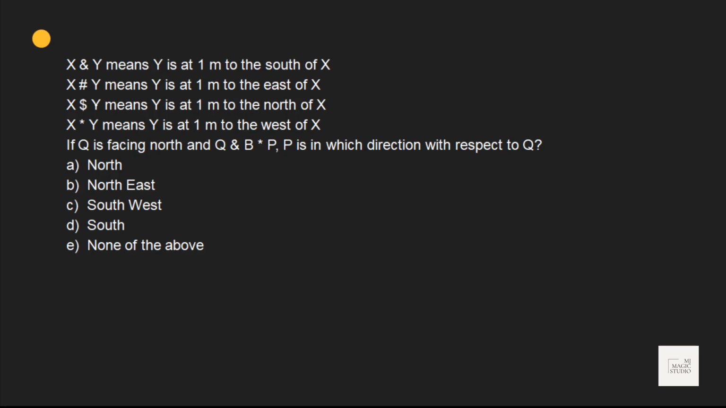Here a few symbols and their respective meanings are given. X and Y means what? Hash, dollar sign and asterisk. If Q is facing north, Q is facing towards north, this is our Q, and Q and B means